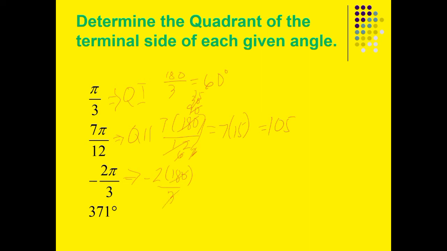Divisible by 3, we have 60, so negative 120 degrees. This belongs to quadrant